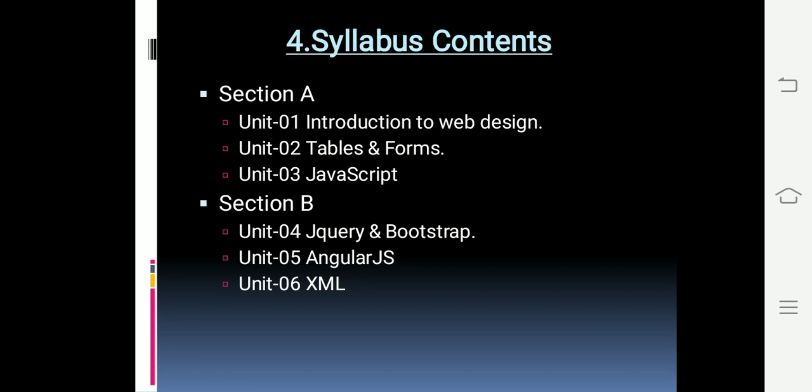The next is unit 5 which includes the AngularJS. AngularJS is also one language which is used to design the web pages. In this, what is the expression, what is module, how the data binding can be performed, what is controller, what is SQL, what is DOM event, forms and validation are included in the AngularJS, that is in the unit 5.